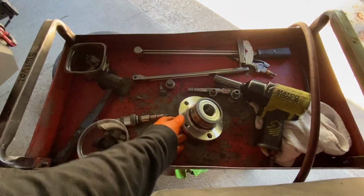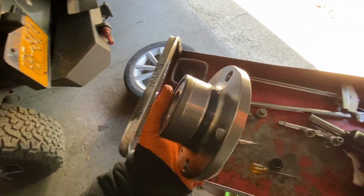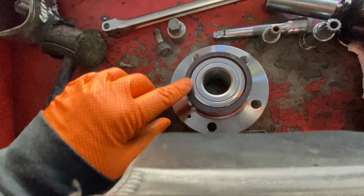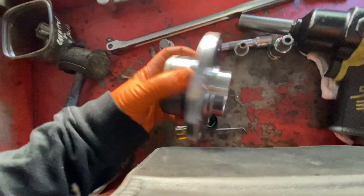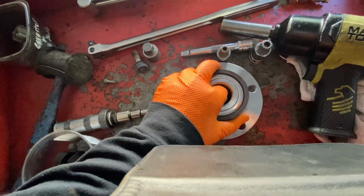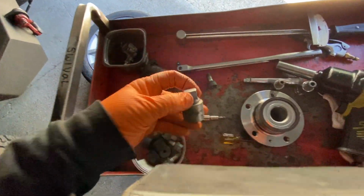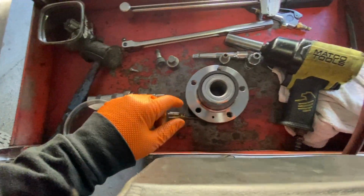This is the bearing. Unlike a lot of cars, this bearing comes out easy, unlike Subarus. Over here is the ABS ring, and it has the bearings inside. It's a split bearing, and it comes in all one little hub unit. You can get them online, pretty cheap. So now you're going to need...